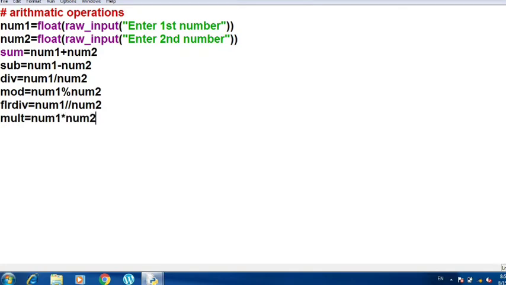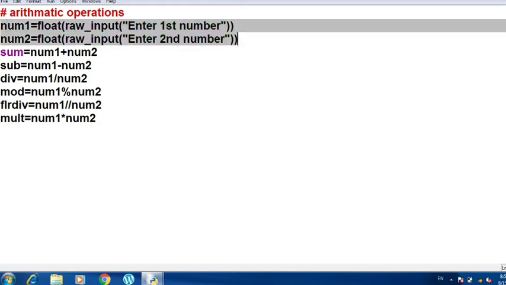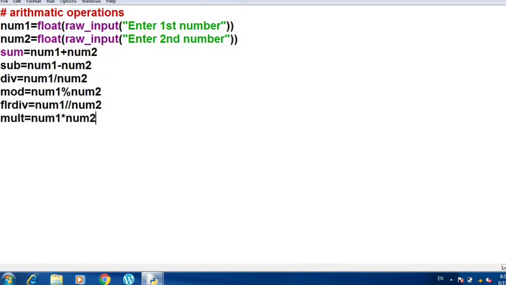So now it's time to print the statement because this is the input statement where the input will be stored. These are the calculation part. Now we will write here the statement for printing. So print. Now let us write here basic arithmetic operations. I have written this will be printed as it is because I have written in double quote.